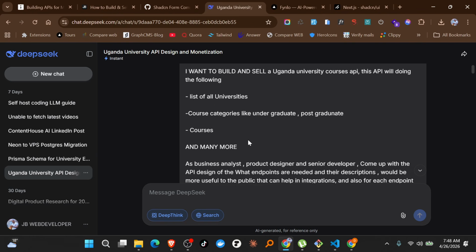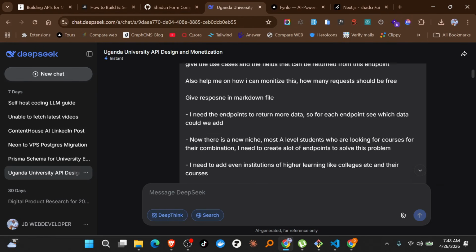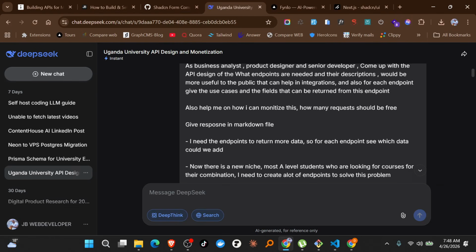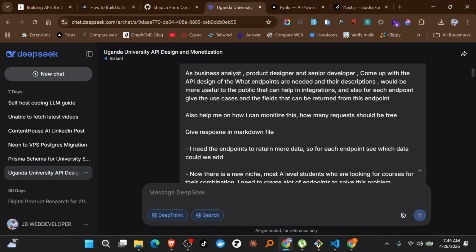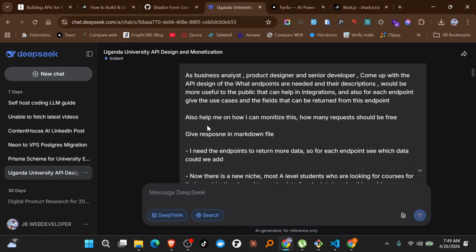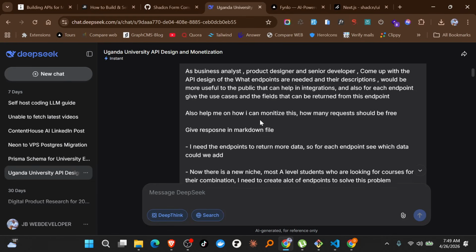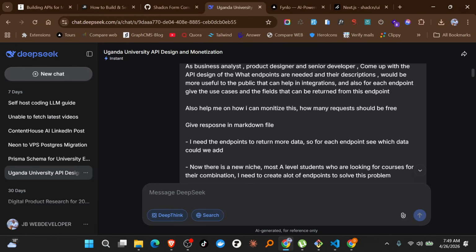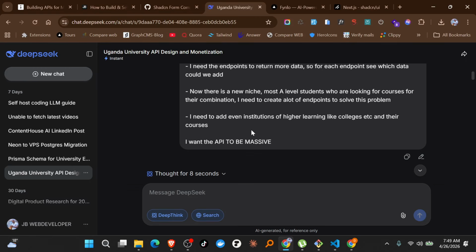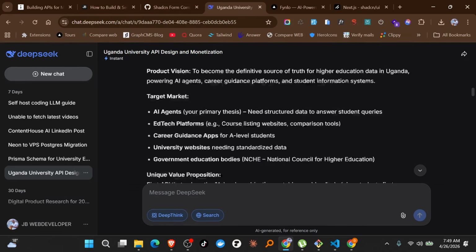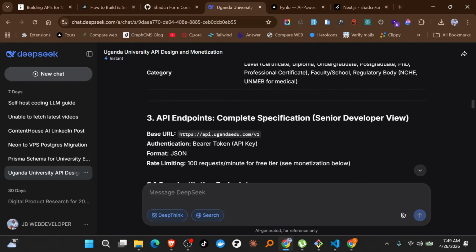You can see what I'm basically doing. I'm telling it, as a business analyst, product designer, and so on, come up with the API design of what endpoints are needed, and the descriptions would be most useful, like that. Okay, so it researched and came up with this whole